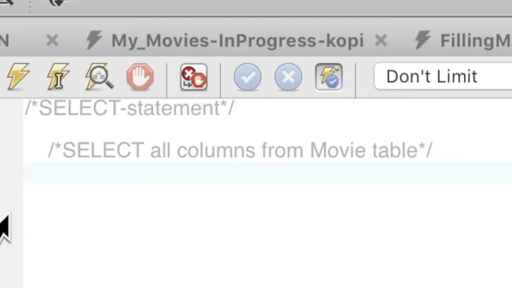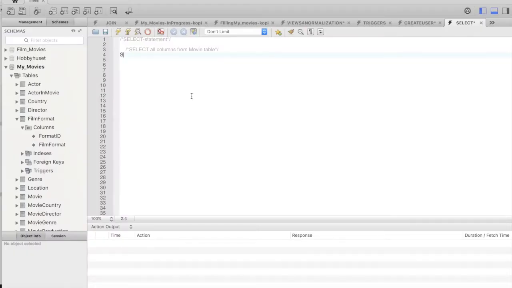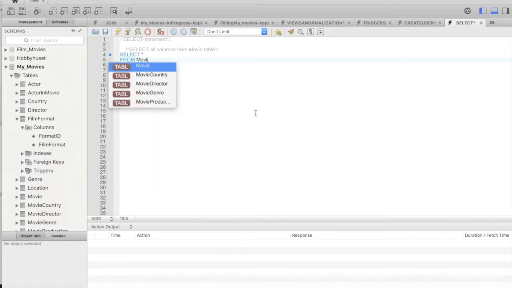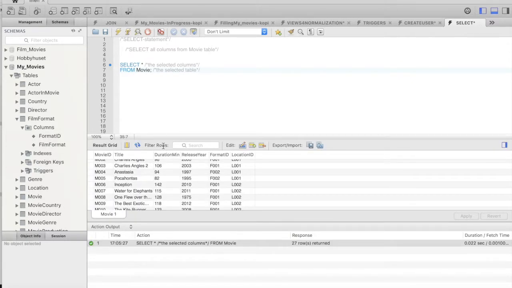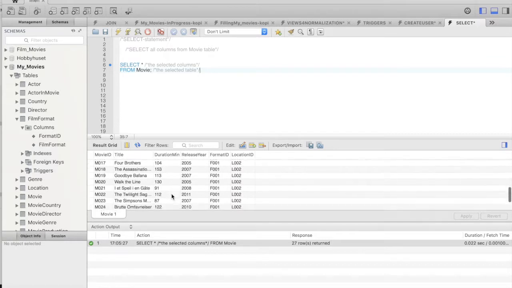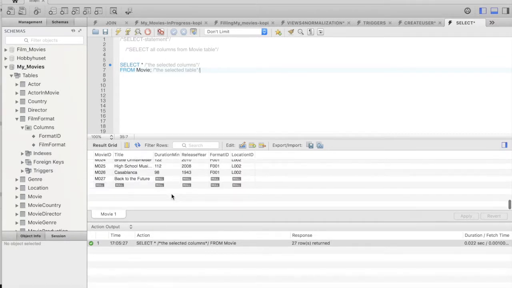What I want to do here is select all columns from the movie table. So we start off by typing select star, which means all. Star selects all of the columns. From, and here we define our table name, the selected table. And here we go. You can clearly see that we got all of the columns from our movie entity